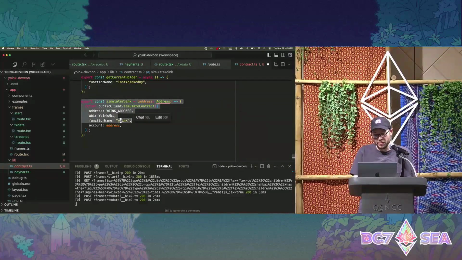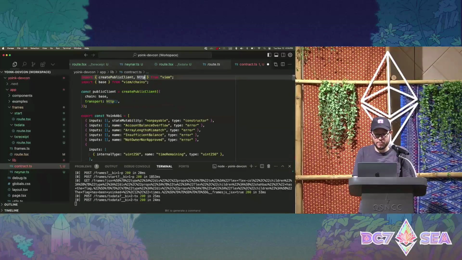All right, so we can use this helpful simulate contract function from viem to simulate the contract call. We'll just create a helper here. Let's import address.